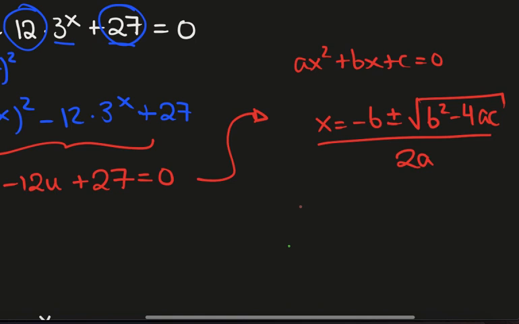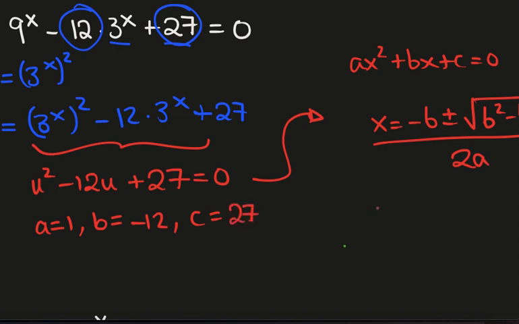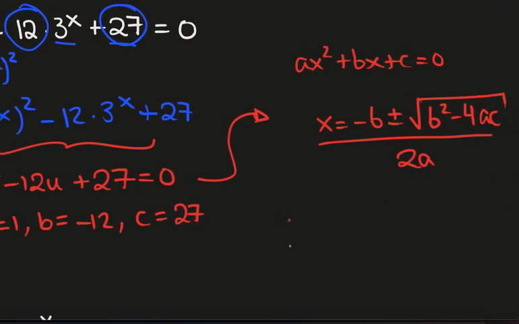And now what do we have here? Well, the x is u, so a is equal to 1, b is equal to minus 12, and c is equal to 27. So if we insert those values into the formula, what we find is that u is equal to 12 plus